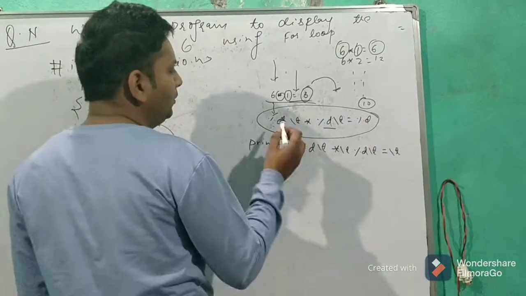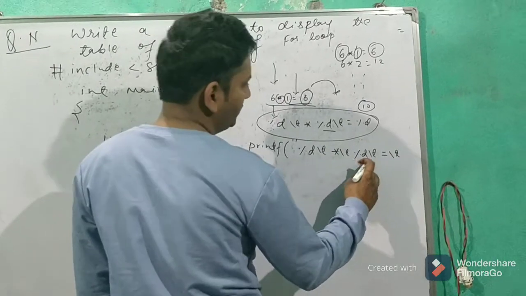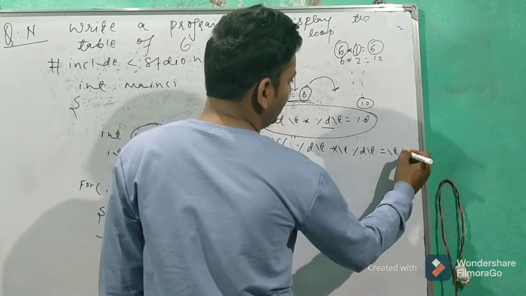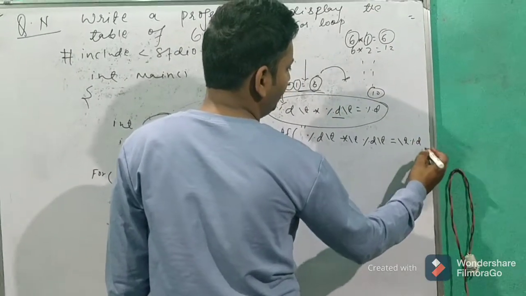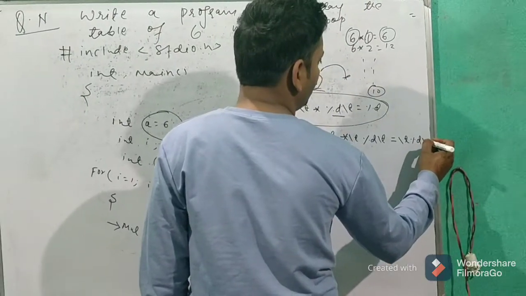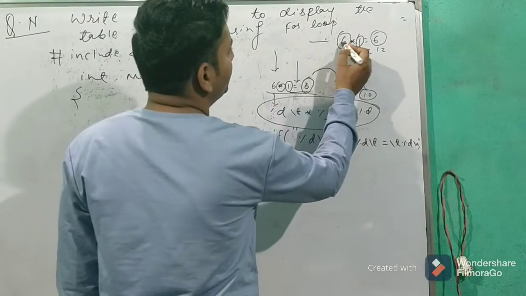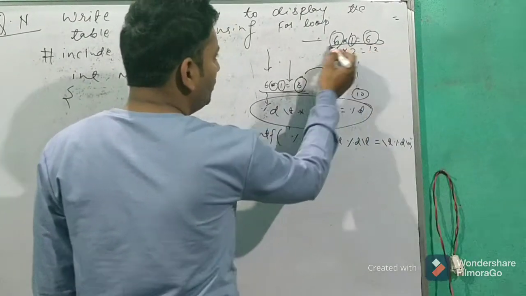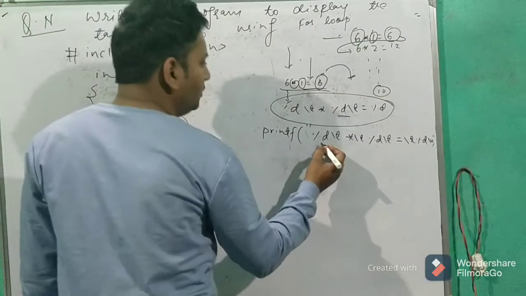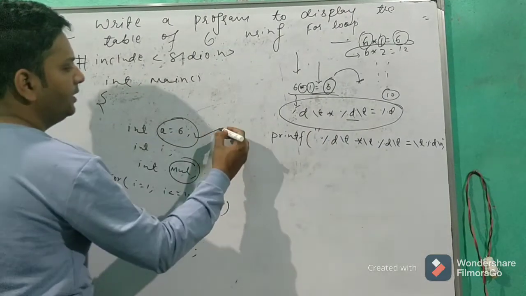So this is for the number, this is for the star, this is for the number, this is for equal to, and finally we want the result. The result is also my number, so I am writing percentage d. Then I am writing slash n, because after one line of the table is completed, say 6 into 1, it goes to the next line. That's why I am using slash n. So which variable is this 6? 6 is my a variable.